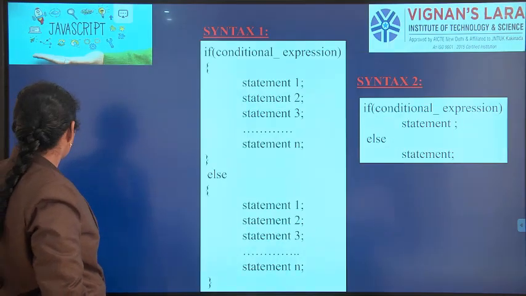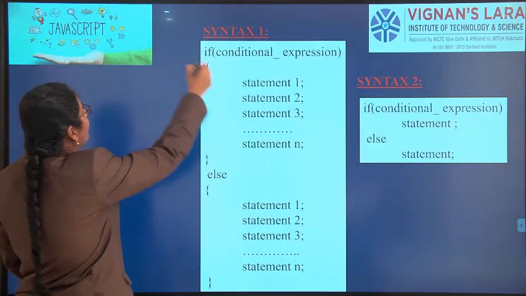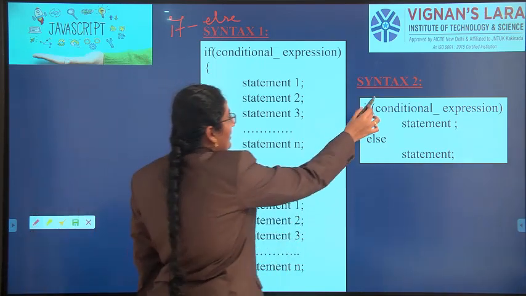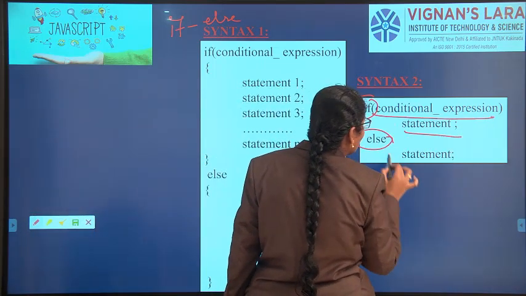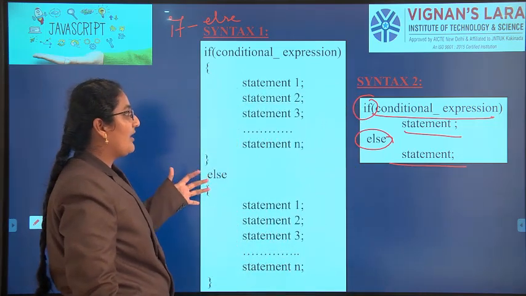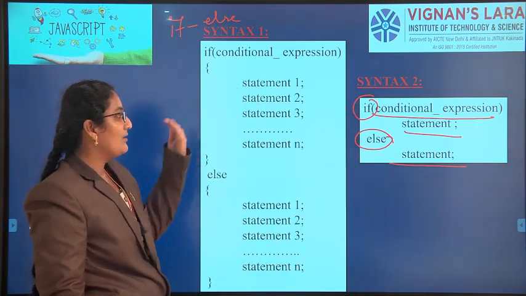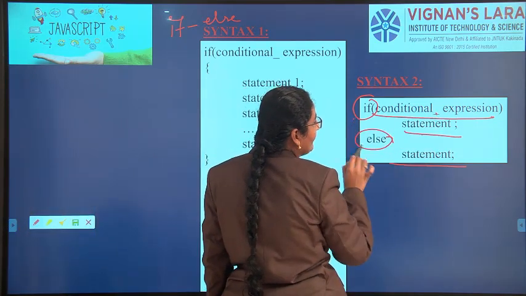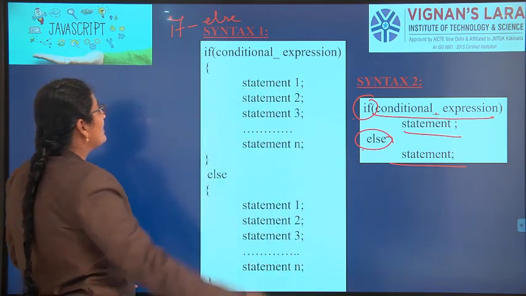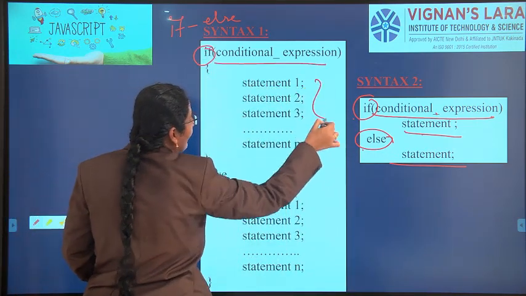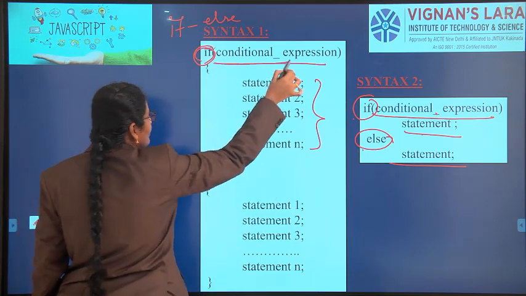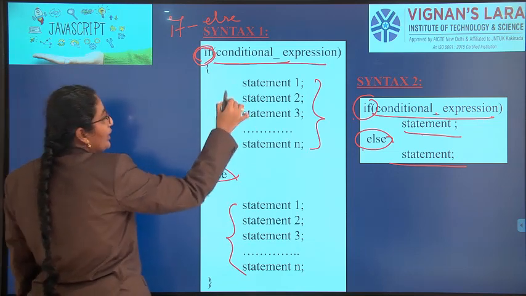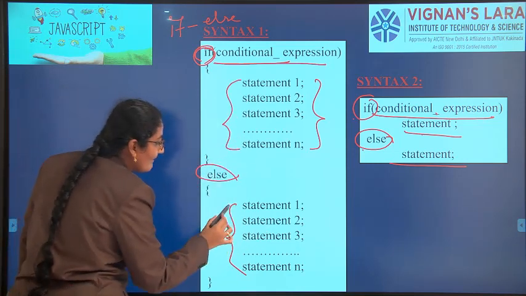So the next one is if else. See, if condition statements, else condition statements. Do you want to come to college? Yes, come to college is the statement. No, go home is the statement. If you want to come to college, yes, then come. No, go home. So what are if and else? If one condition is true, you can have some statements. If this condition is not true, you can have else statements. You are good or bad. If you are good, you will have some qualities. If you are not good, you will have some other qualities.